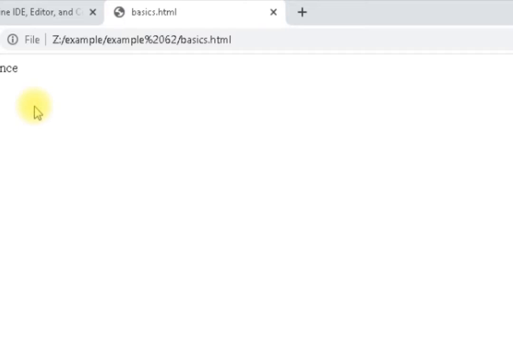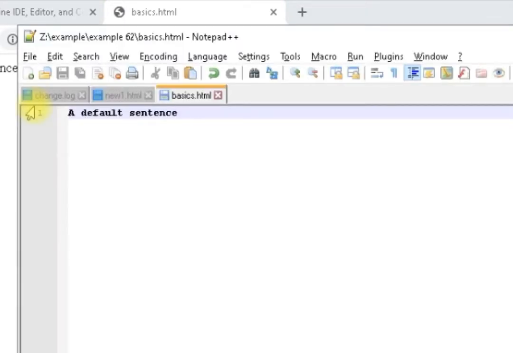So what is HTML actually doing? HTML is hypertext markup language. So it's giving this text a mark so that the browser will understand how to present this text on your web page. So for example,